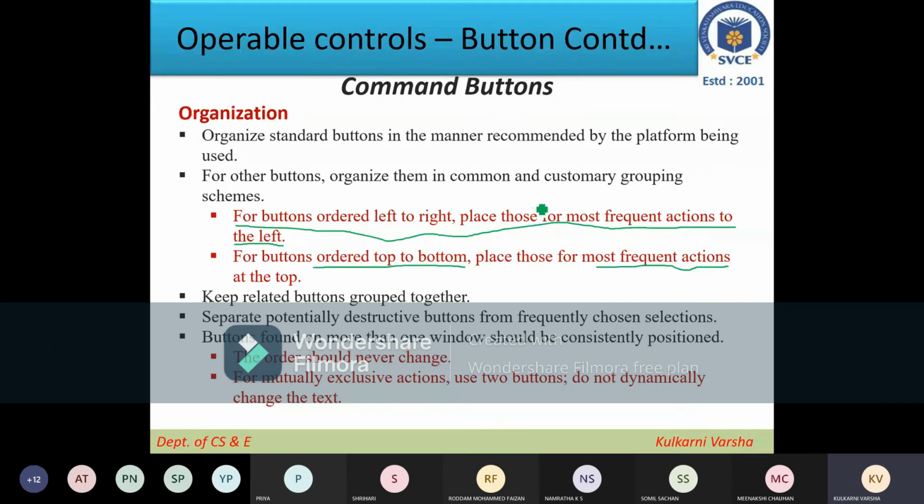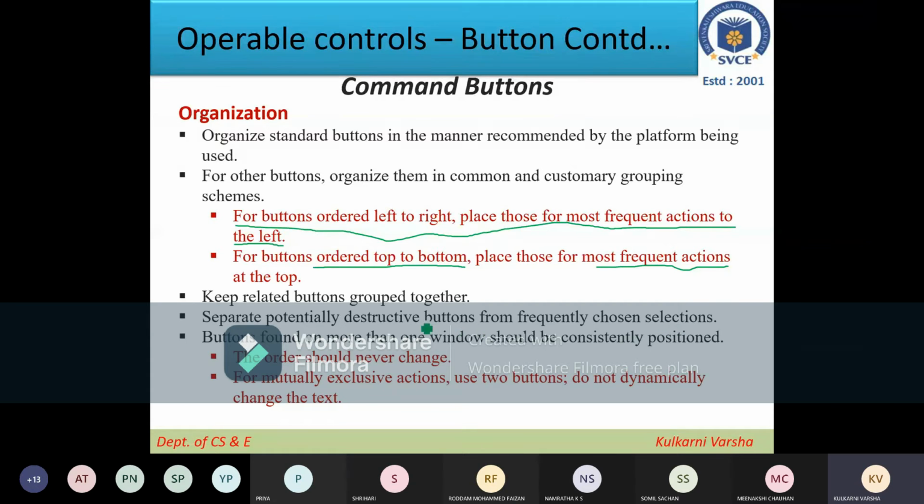Now they are also saying that for buttons which have a destructive tendency, keep related buttons grouped together as they are logically related. Separate the potentially destructive buttons from frequently chosen selections.